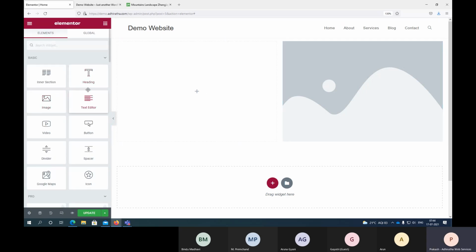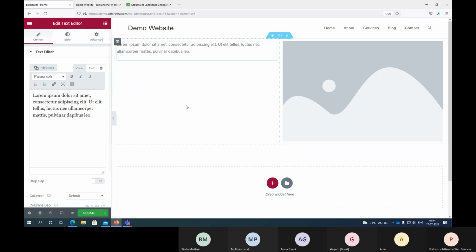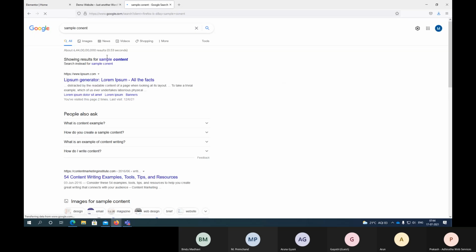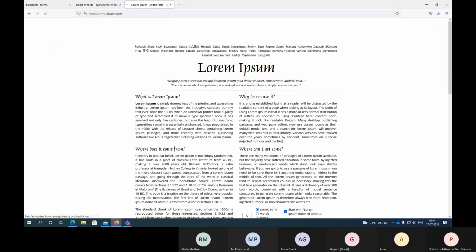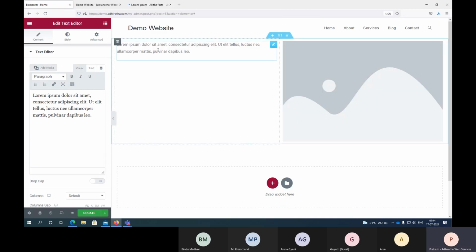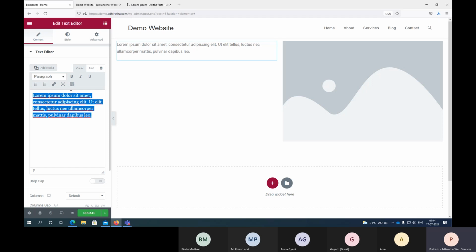This time, let's add, say, a text editor, right? So I'm taking a sample content. So here we're adding our content.